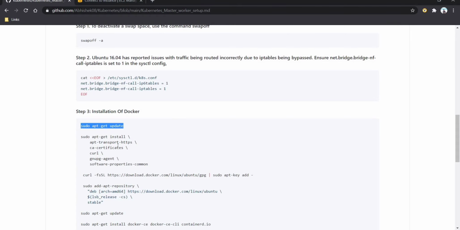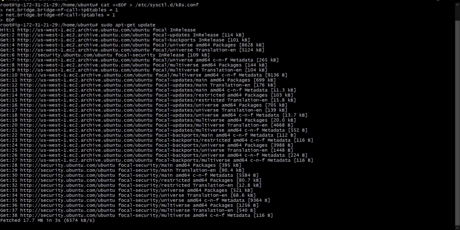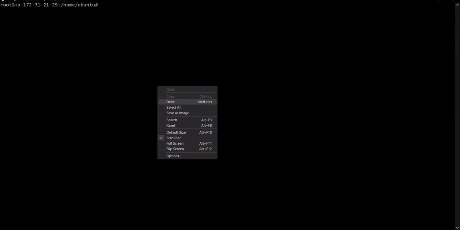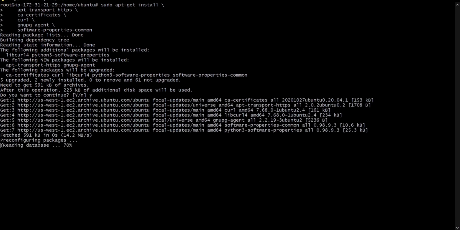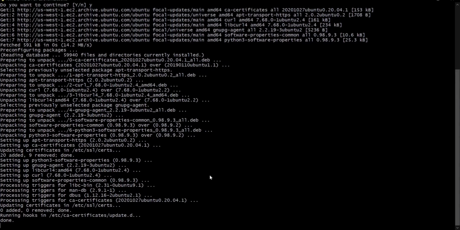For that installation there are a couple of steps. First we have to update the machine. Let's clear the terminal and execute this certificate command. The next command is to add the key.